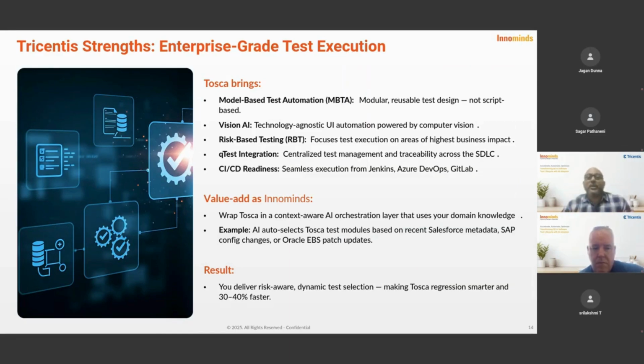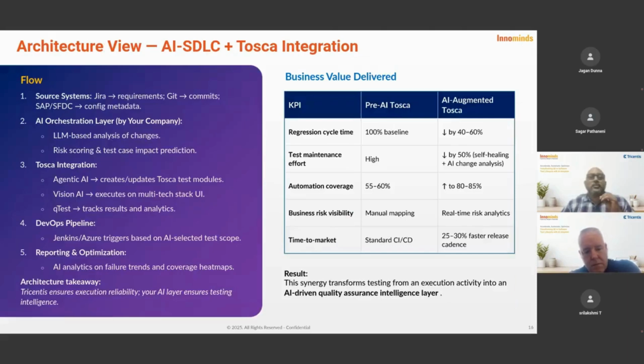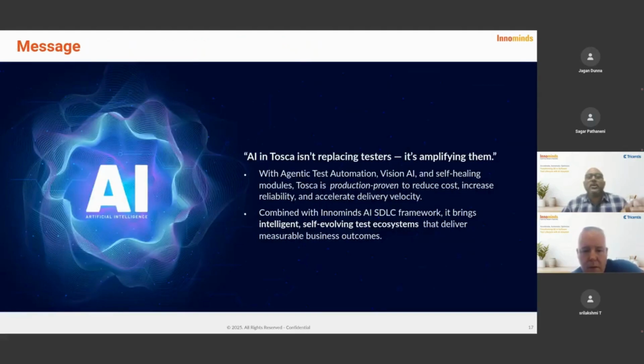Like, for example, dynamic test selection. We were significantly able to make progress. Around 30 to 40% of the benefits were realized. Again, the approach that we followed was pretty much the same. The underlying approach was the same. So just to conclude, I want to emphasize the main point.